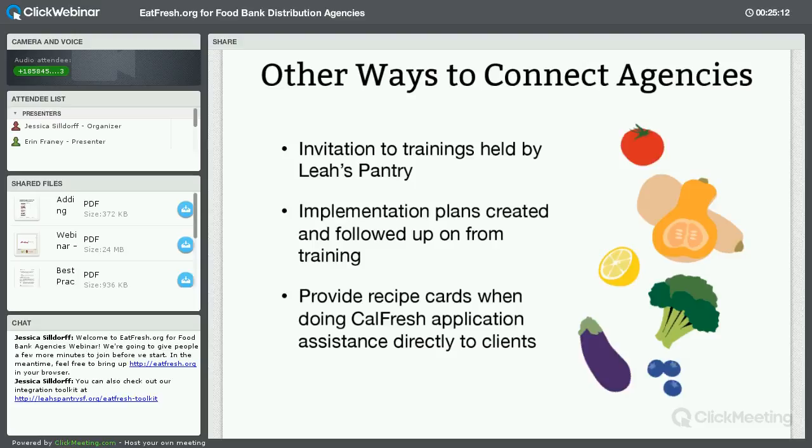We also have access to some of those beautiful cards that you saw earlier, and as we pre-screen individuals for CalFresh assistance, we give them recipe cards and let them know this is a great way of using your CalFresh dollars, making them stretch because they are inexpensive ingredients, pretty simple to follow recipes, and encourage our partner agencies to do the same as they are screening